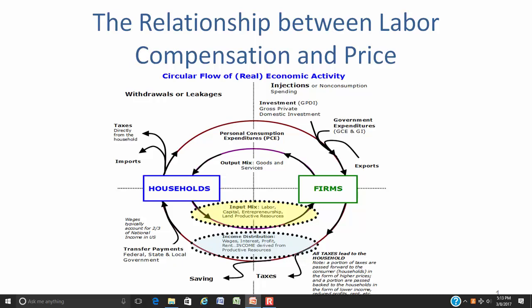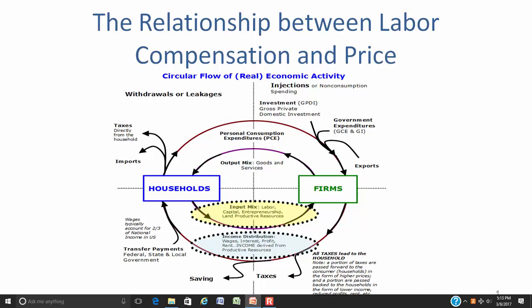That's a mouthful. Anyhow, in looking at the circular flow of real economic activity, if we isolate the productive resource mix, namely labor, capital, entrepreneurship, and land, we find that the firm must pay the household to employ those resources. It's the entrepreneur's responsibility to coordinate the use of those productive resources as efficiently as possible with the aim to maximize profits. As an aside, the income distribution shows us how the revenues and profits are divvied up between the household's